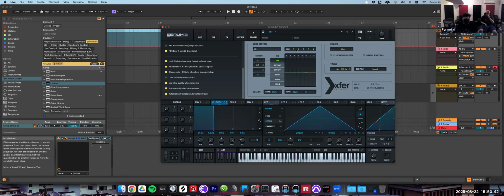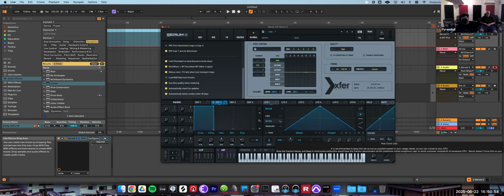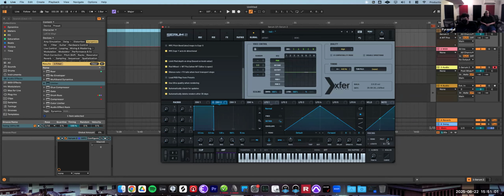So this is the voice control, right? If I were to go past 8 voices, I can go up to a polyphony of 32 here, right? But we only have voice controls for a total of 8 voices, right? So I'm going to switch back to 8 by default. And we can do things here like each voice can have its own pan value, right? So as I'm playing through,